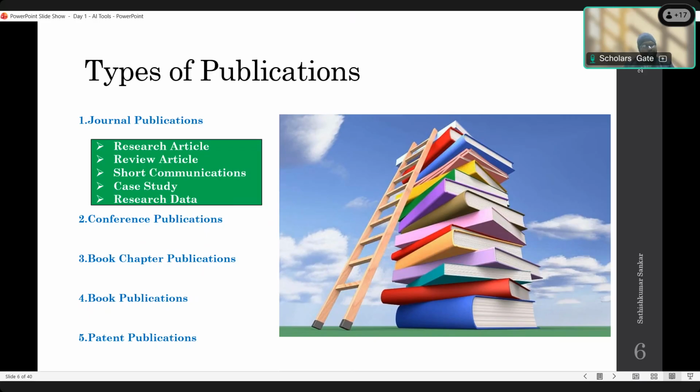The fifth thing is patent publication. If our work is novel, we can go for that through a patent agent and file the patent. Once the patent is filed, within 30 to 45 days that particular publication will be published through the patent office. Once that is completed, it goes for examination. So it is one of the publication routes we can go for. These are the different types of publications.